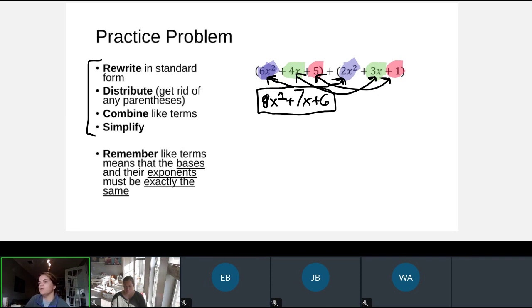So if you think about our order of operations from way back when, PEMDAS, we see if we can combine anything in parentheses first. If we can't, we move on. Then we want to make sure that each of the parentheses is written in standard form so we can easily see it. So what we have here,